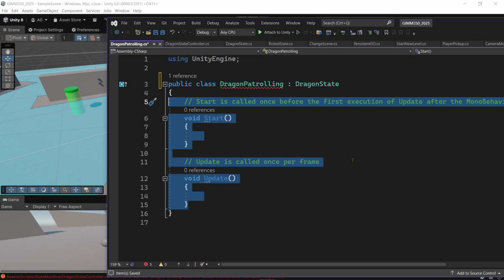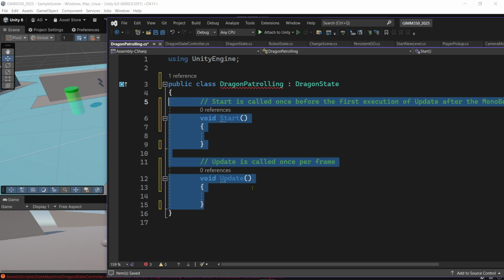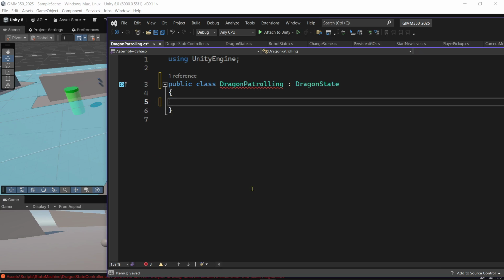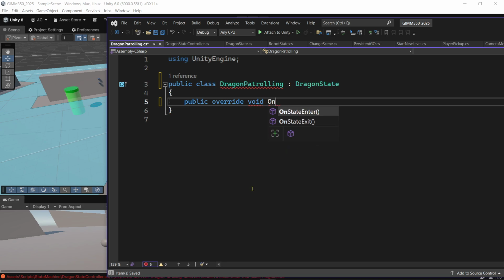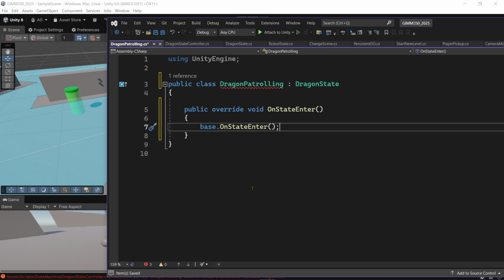And because of that, as we've done before, we can delete all this, public override void on state enter. Let's, when we enter the state of this,